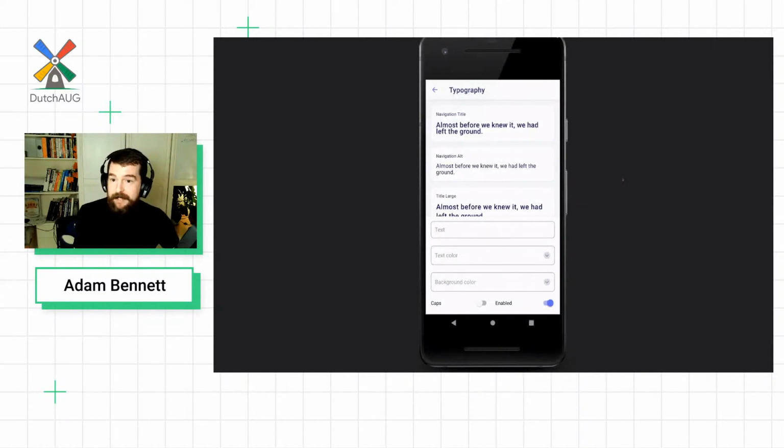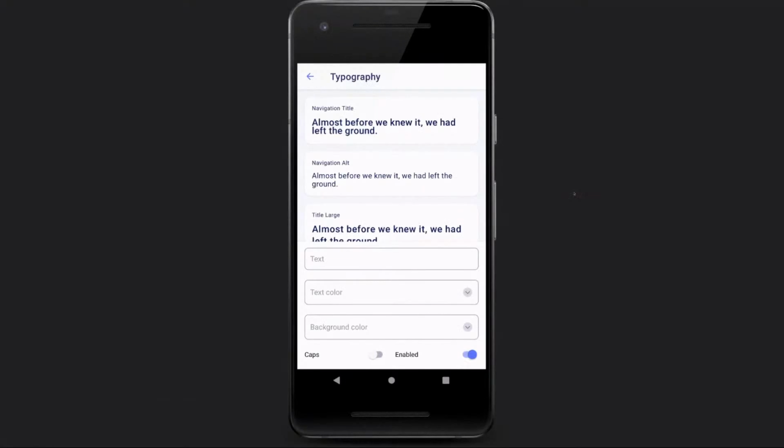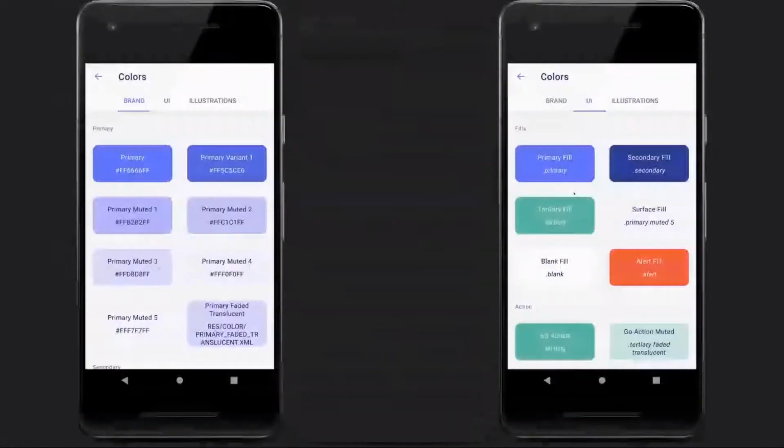So, a sneak peek into what our design system looks like. This is a screenshot of our design system app, and this is a page that has all of our typography on it. These are what we call tokens. These are the very smallest unit of our design system. Things like your typography, colors and dimensions. Here you can see we've got the branding colors on the left, and then we've got the more semantic colors, which you should be fairly familiar with from the material design spec, on the right. And we use these tokens as a core building block of everything that we create.